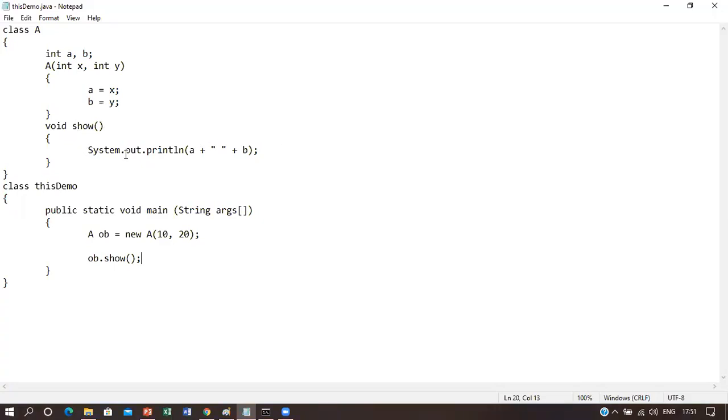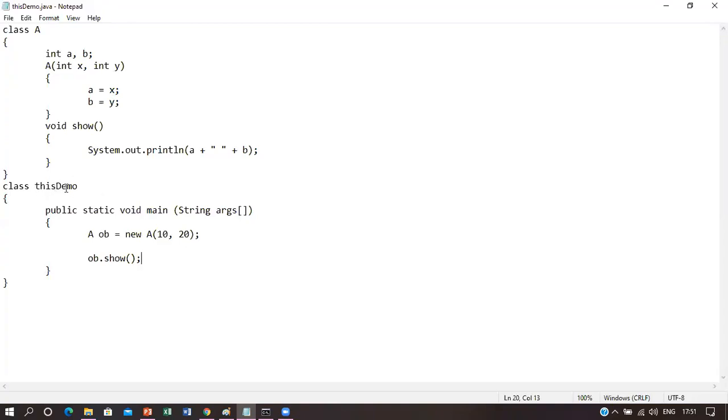Obviously you can print these values of A and B inside the constructor, but I have taken a different method to show you that you can also do this in your program, that only the initialization or value assignment steps are done inside the parameterized constructor body, and then we print the values of the variables inside the method. Or if you want, you can also do all the things, that means the value assignment statements as well as the System.out.println statement, inside the constructor body.